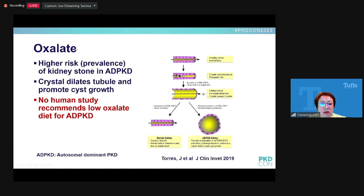Oxalate. We don't talk about oxalate often for a CKD patient. The reason is we don't have many stone patients with CKD, but especially the autosomal dominant PKD patients have a higher risk of kidney stones, both calcium oxalate and also uric acid. But in animal studies, the reason is this crystal can pass through the tubule, but with the dilation of tubule,